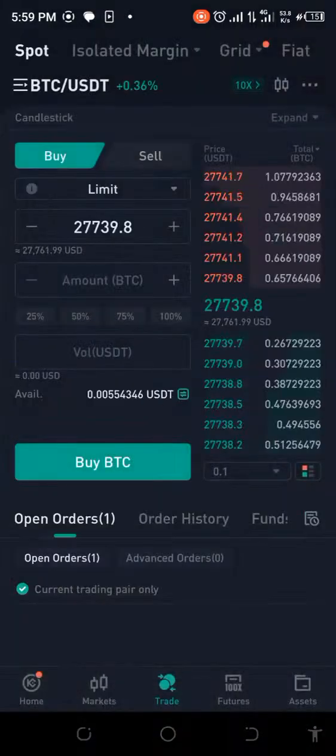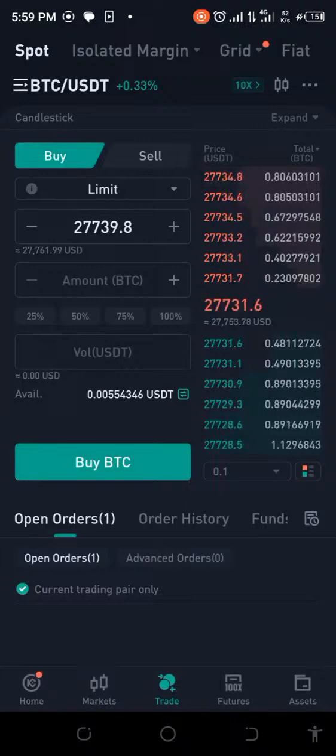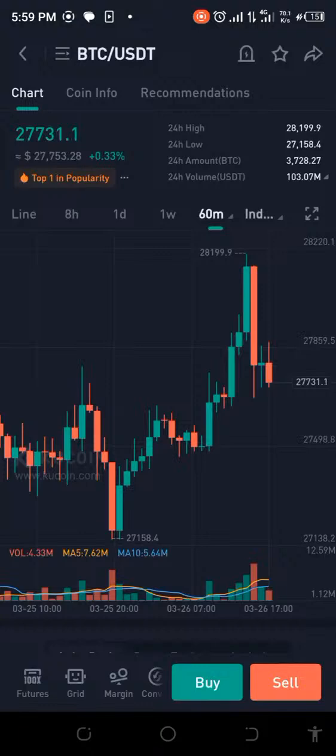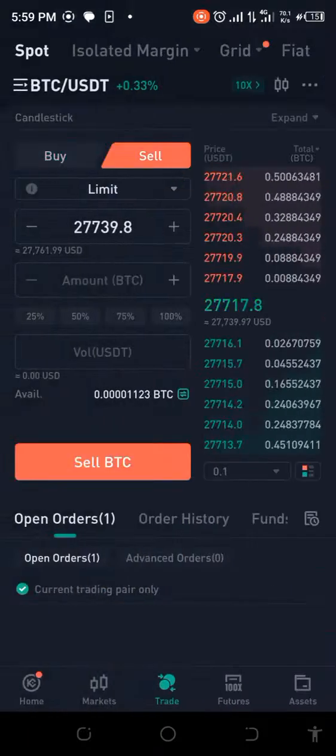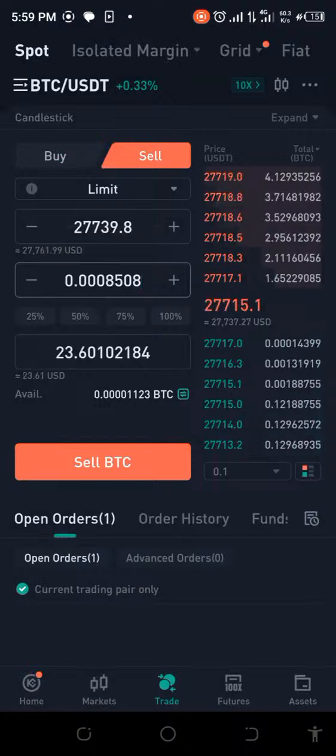Okay. Even BTC has reduced. Even BTC has actually gone down. Yeah, it has. Anyways, let's go ahead and see. I'm just going to sell this and see. This is not looking good. Oh, 23.6. Oh my God. So what's going to happen here? Let me tell you what's going to happen here. We came in as